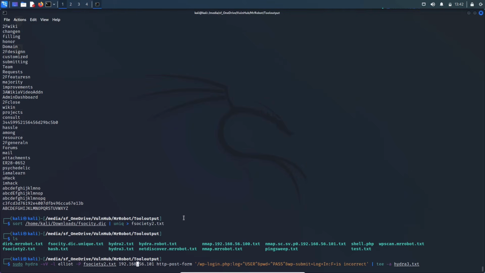Then we've got the host. So this is the host of the target. This is the IP address of the target we want to attack, and we're saying the type of attack we're going to do is an HTTP post form. So it's going to know, instead of a GET request or an RDP or an SSH attack, we're doing an HTTP post attack on the URL